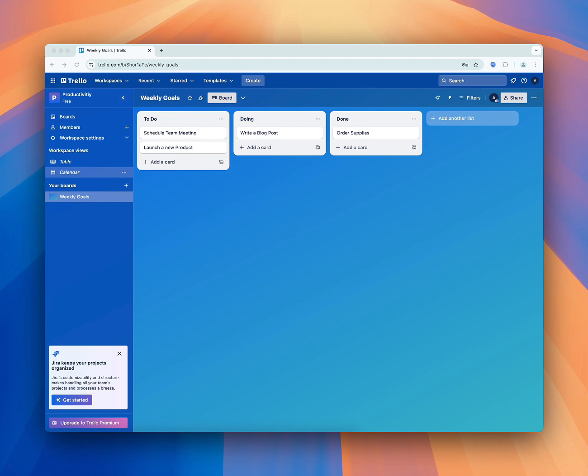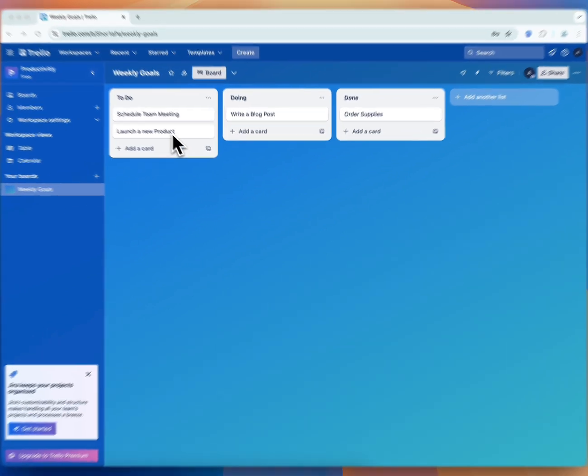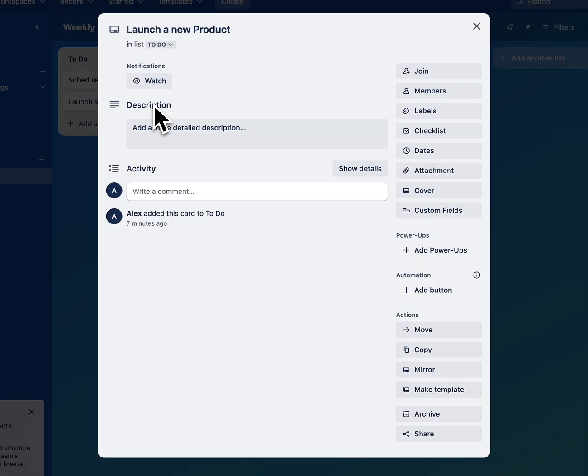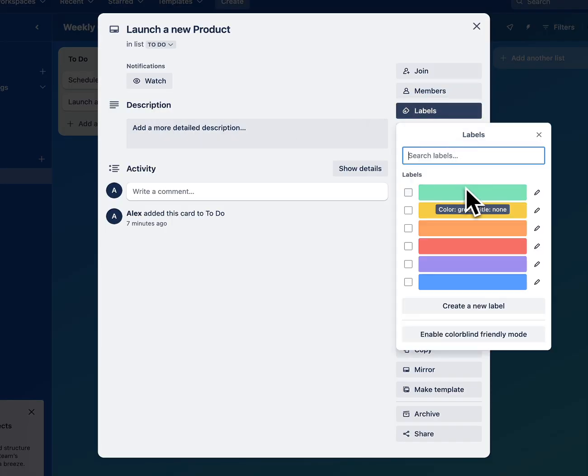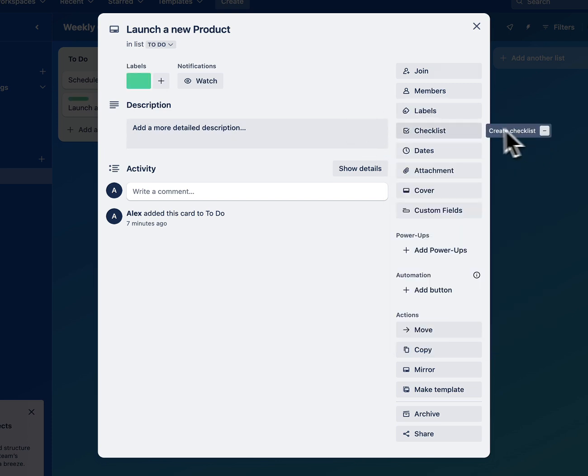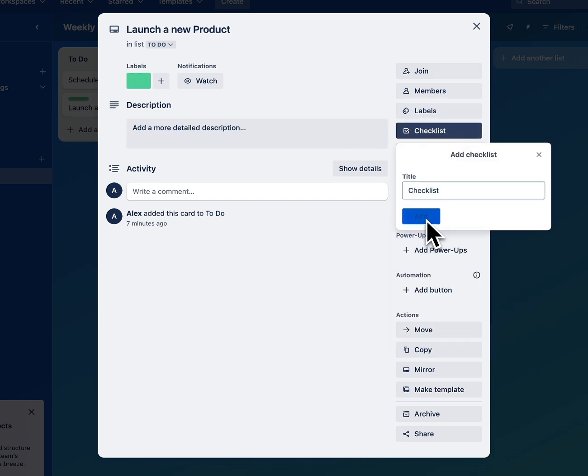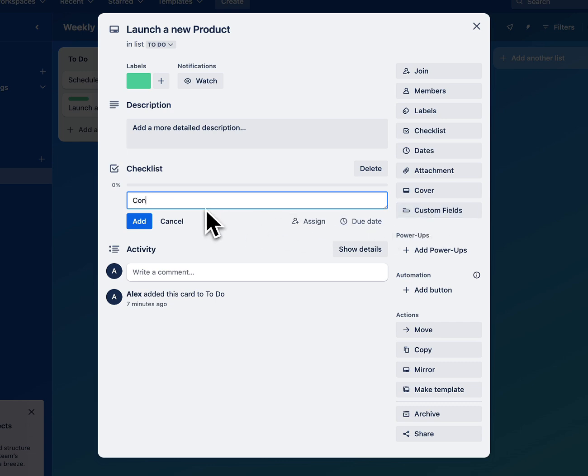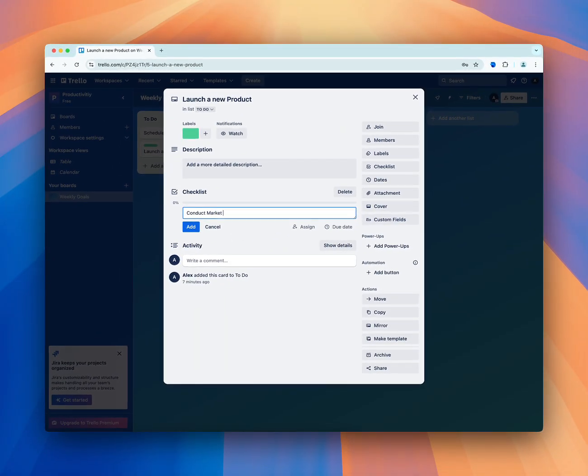Customizing your cards is where Trello becomes a truly powerful tool. Start by adding labels to categorize your tasks. For instance, you might use green for high priority, blue for team tasks, and yellow for upcoming deadlines. Next, consider adding a checklist to break down complex tasks. If your card is about launching a new product, your checklist might include steps like conduct market research, finalize design,